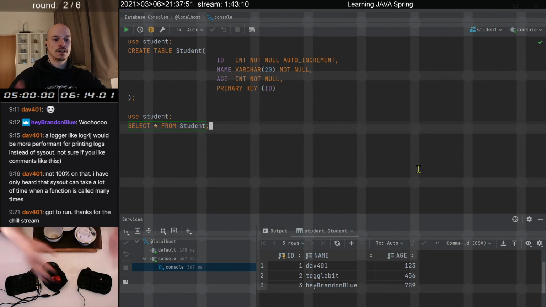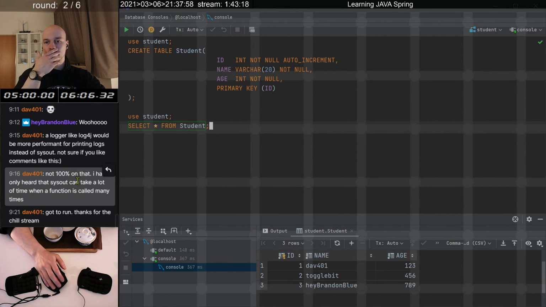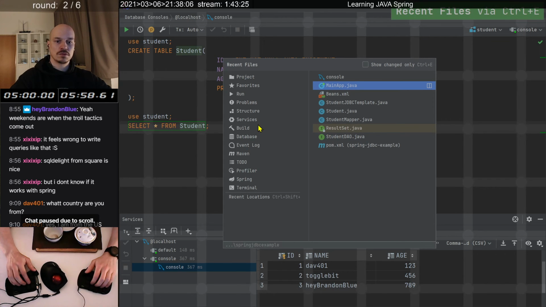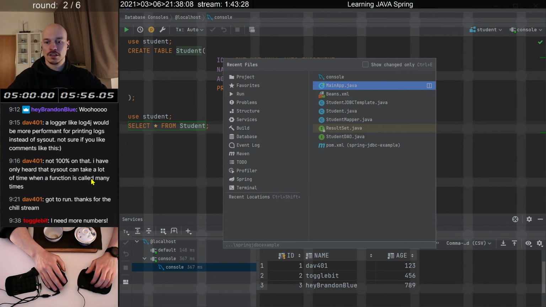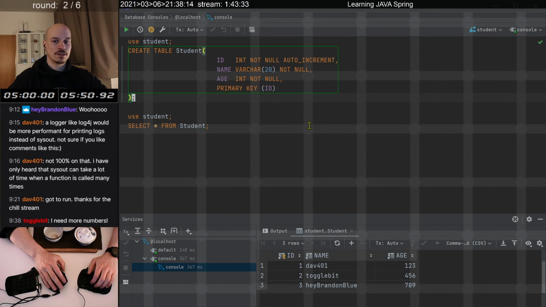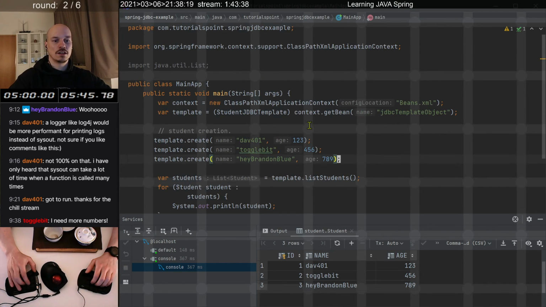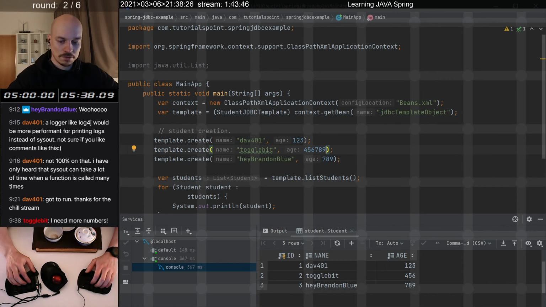Yes. Look at that. We have a dev 401, we have a toggle bit, and we have a Brandon Blue, which have aged very nicely. Yeah, this is not nice. We should put in more numbers. Yeah, sure. We can give you more numbers. Main app, and then like so. And now if we run it,